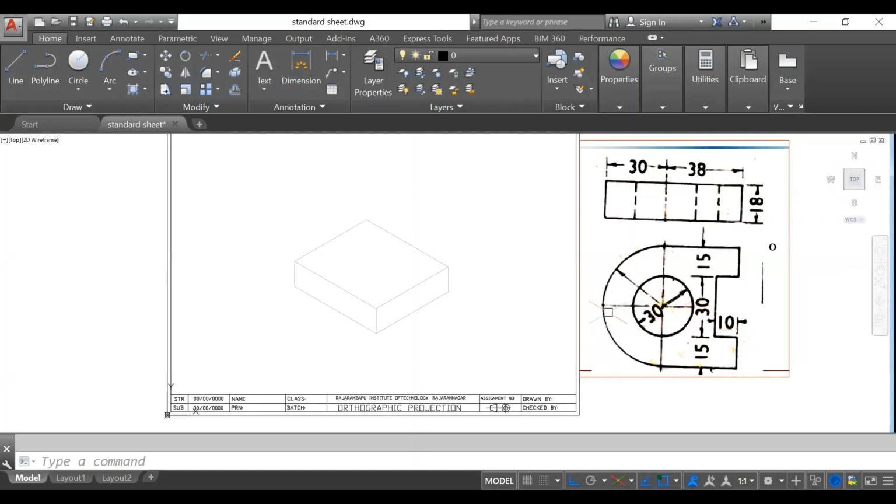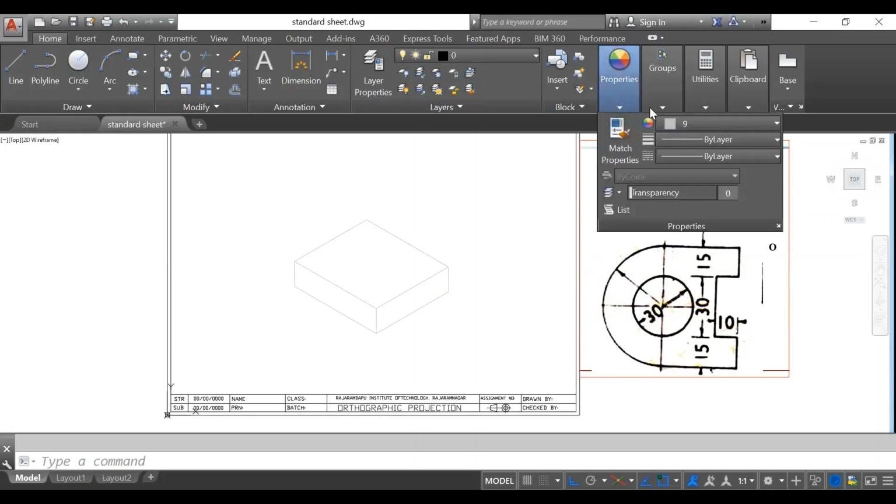So here first, I have to find out the center point of this. So it is exactly at the middle. First horizontal center line exactly at the middle, 30 mm from this side. And also I think this part is also 30 mm from this side, because if you observe from this corner to center line is 30 mm. That's why the half circle radius is equal to 30 mm from this point to this point. So radius is equal to 30 mm. So 30 mm from this side, 30 mm from this side.